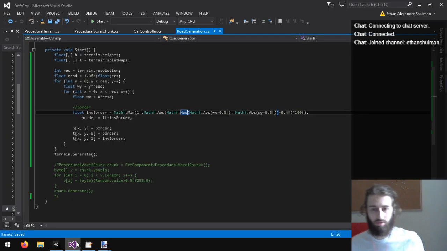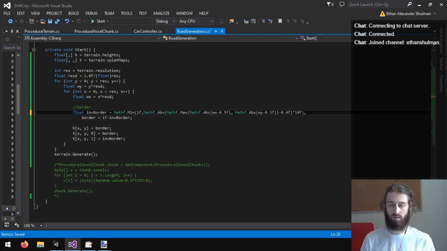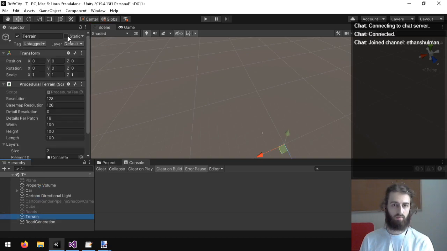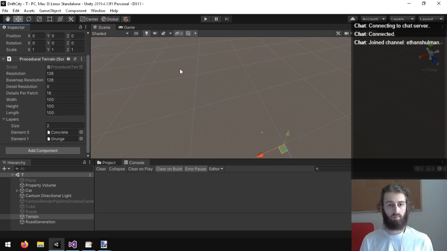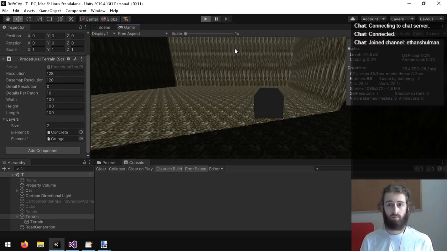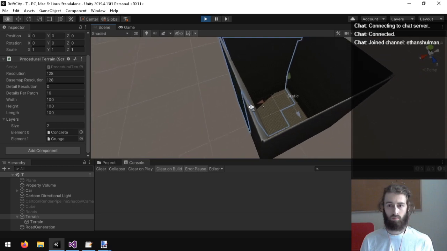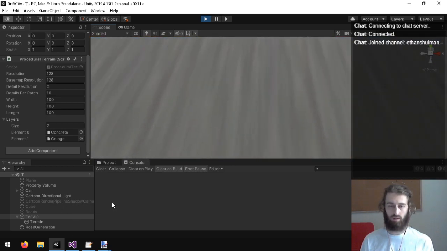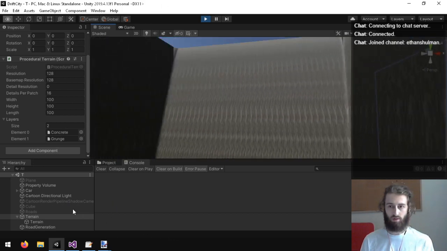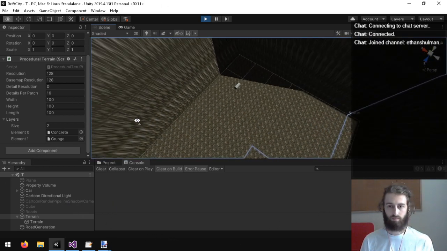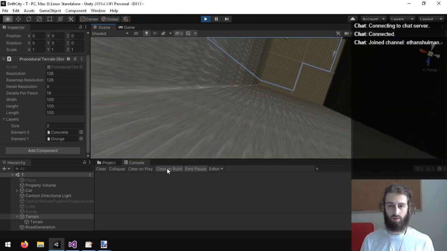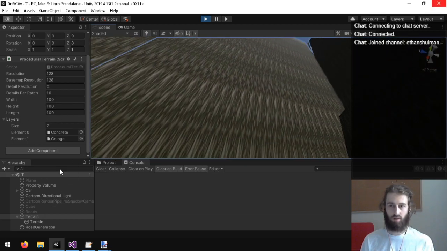Let me try making the area bigger. It should be filling this in with the different textures, I believe. Oh yeah, so I can kind of see right here the texturing. But yeah, it's fading from here.